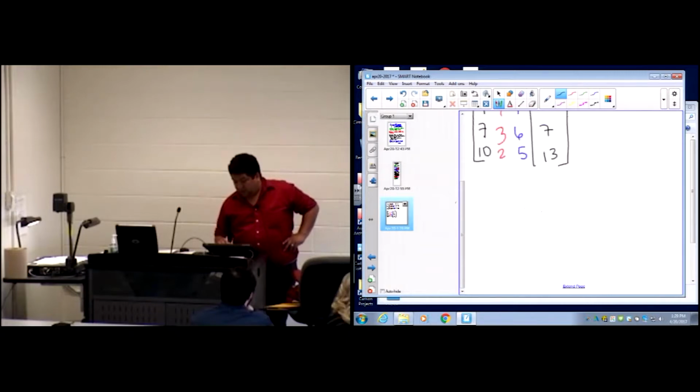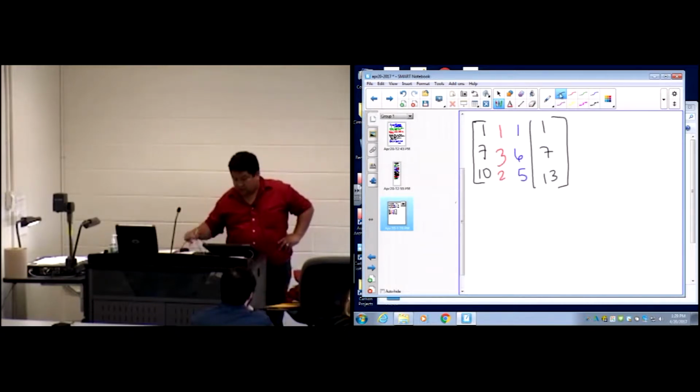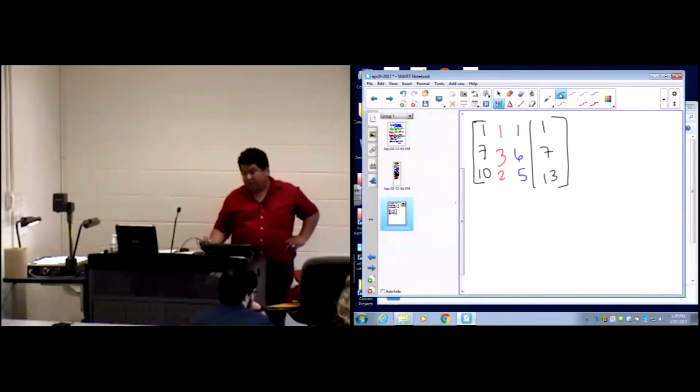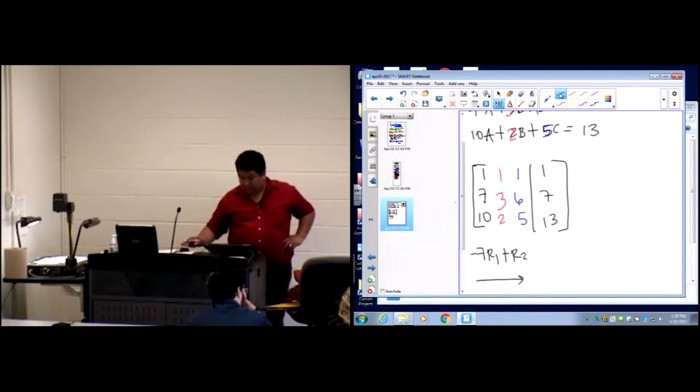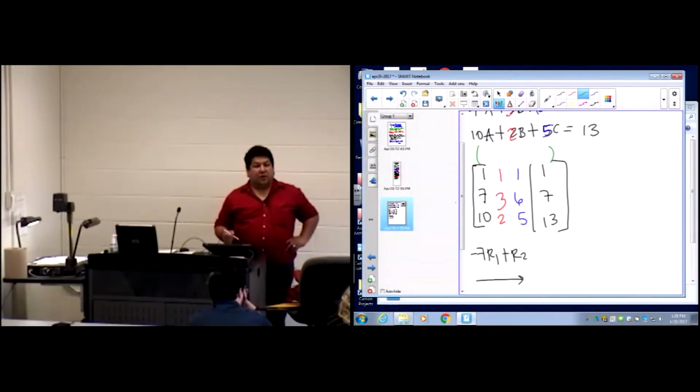So we could create a 0 on position 2,1 by doing the following. We say minus 7 times row 1 plus row 2, and then substitute row 2. So let me just do that operation. On row 1, when I write here in a different color, what is the row we obtain by multiplying the original row 1 by negative 7? So this becomes minus 7, minus 7, minus 7, and then minus 7. So if I wanted to add that to row 2,